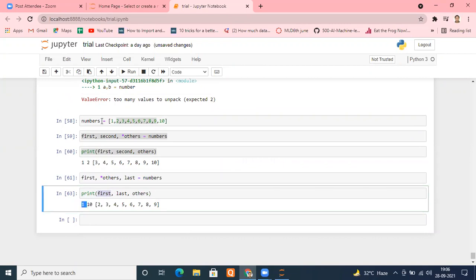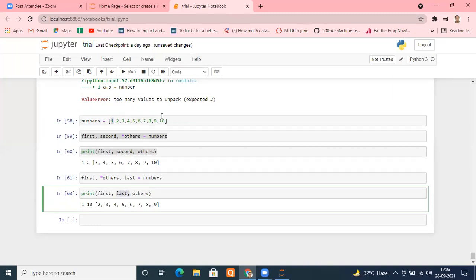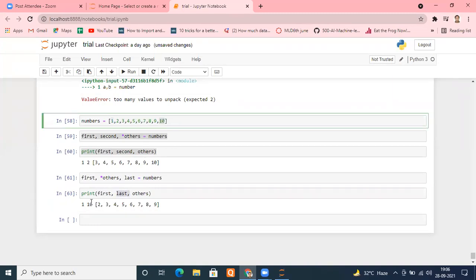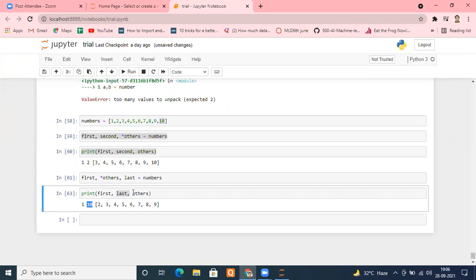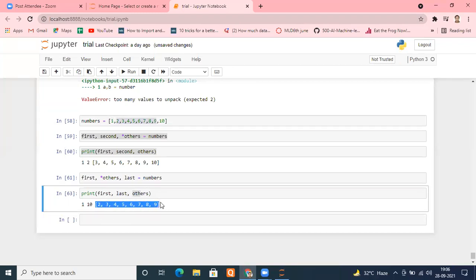First is 1, as expected. What is last? 10, as expected. And what are the others? The numbers between these two, as a list, so 2 to 9. Is it fine, everyone? Please tell me. Yes, sir.